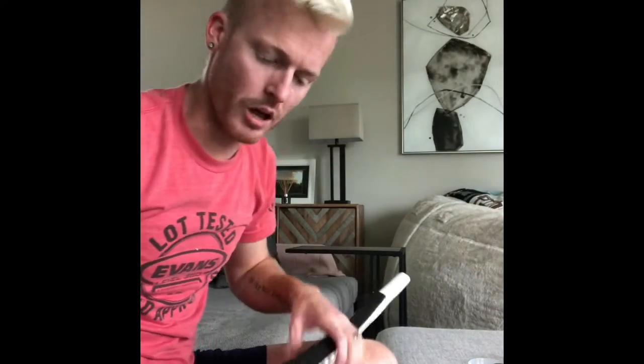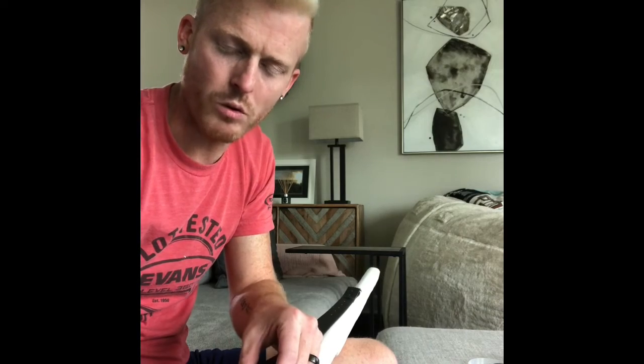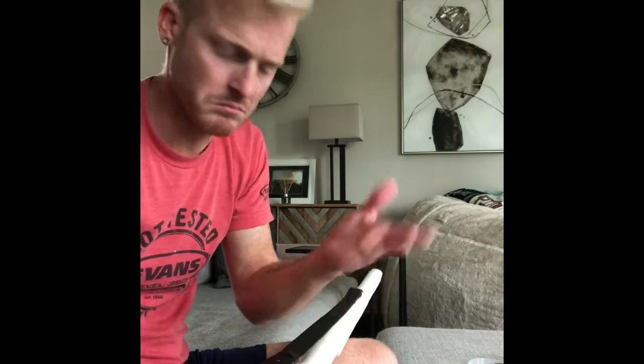Last but not least, a lot of people like to tape the swivel, the clip. A lot of names for this. I don't care to. I don't know why. I think it's a protection issue, and that's fine. No big deal. Instead of covering the entire clip, I just like to take the screw, take a small little